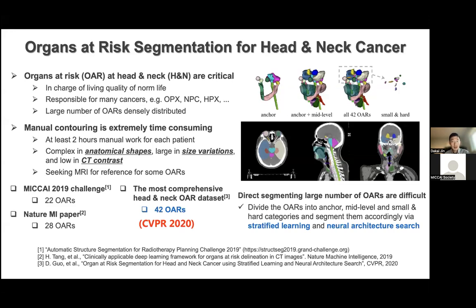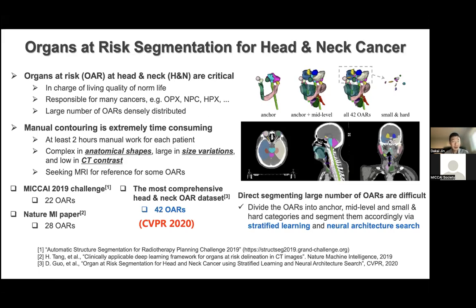So there are normally over 40 organs at risk densely distributed in this area. This makes the organ-at-risk segmentation in the head and neck area extremely time consuming and difficult. Normally it will take at least 2 hours for the physician to finish contouring or segmenting one patient's head